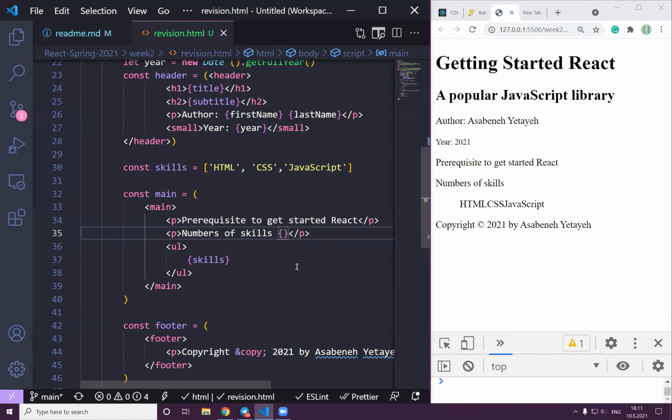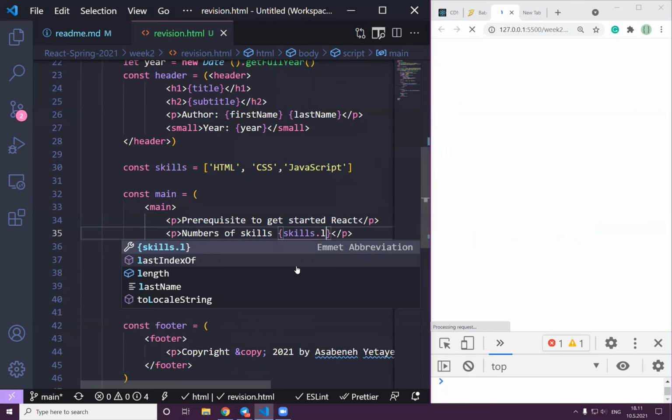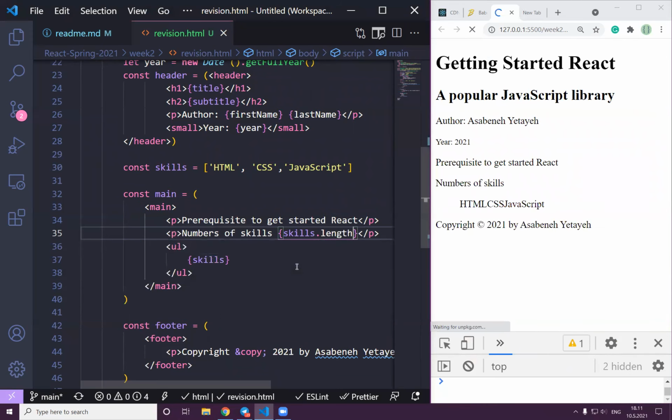Number of skills. Skills dot, oh, skills dot length. As you can see, we have 3 skills in the skills here. Maybe if you didn't get how to use this,